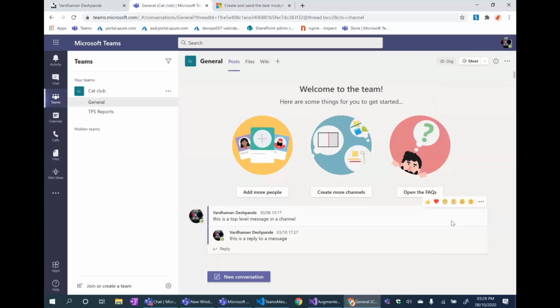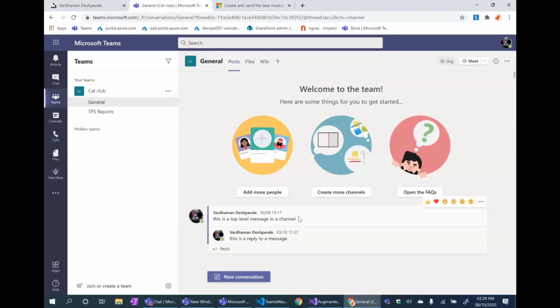I'm not sure if I have the app working right now, but just to give an example, someone posts something in Teams, and then you could promote that as an idea throughout the tenant. So promoting messages,